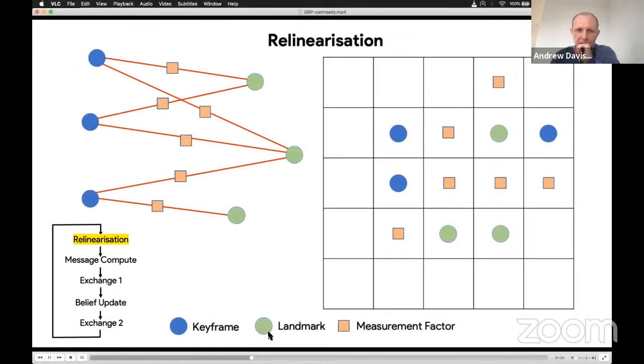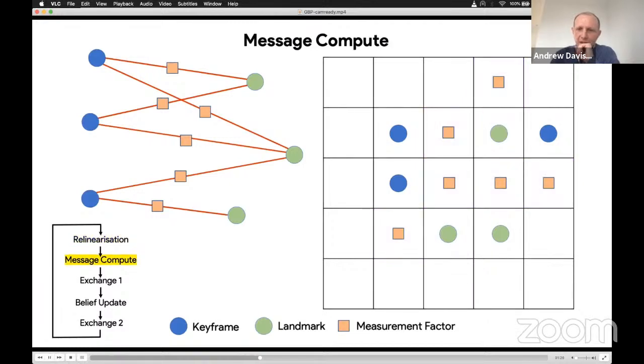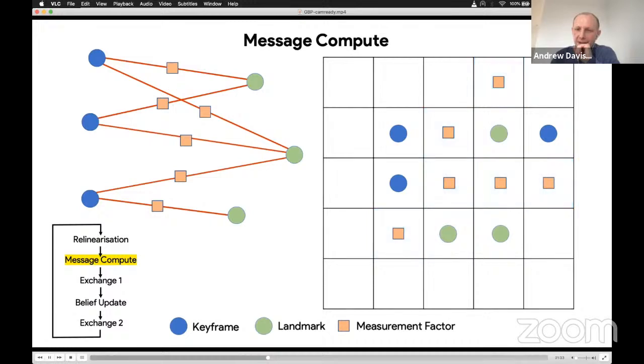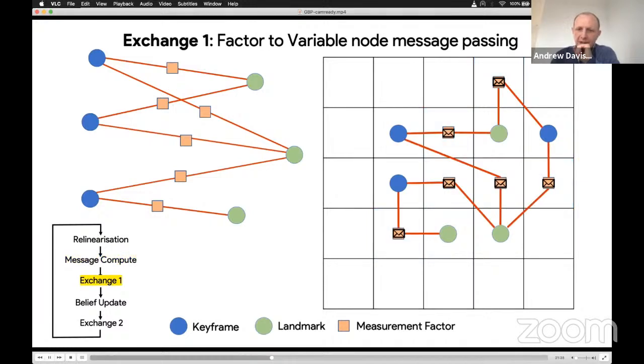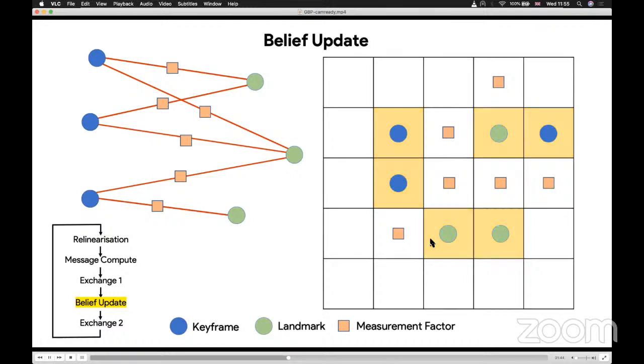This little animation shows that we have different phases where we calculate messages in parallel, and then we pass messages from factors to variable nodes. We update the beliefs at the variable nodes, which is done in parallel, and then we pass messages back to the factors.